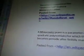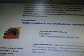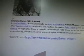Okay, so I'm just going to scroll up here and show you all the stuff that we looked at in the last video. We were looking at linear systems, linear algebra, spherical geometry, a Mercer's point. That's what a Mercer's point is about. The Vedic mathematics sutras, ancient math equations. We also talked about Einstein's theory of general relativity and Euclidean space, Euclidean geometry, plane geometry, intersecting planes, Evariste Galois